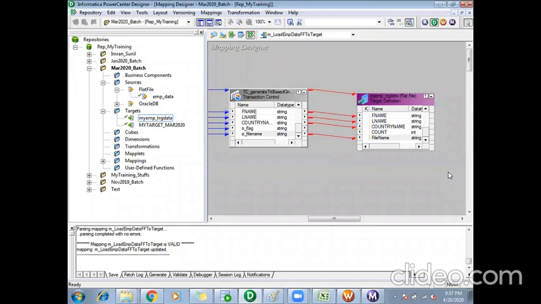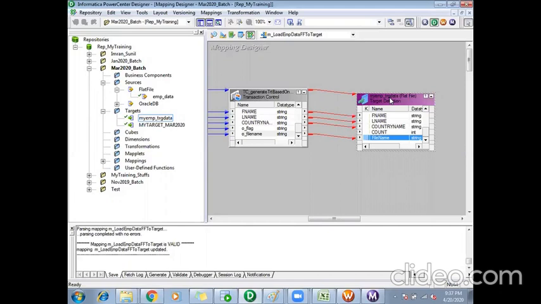So that same operation will be applied here if I use a transaction control on a target which is a table. If it is a flat file, it will create multiple flat files. So the same thing you can do on a table also. You can use a table, but it won't create as many tables as I want. It will do a commit once for all the department records. When department 10 records are processed, it will do a commit. Then department 20 records are processed, it will do a commit. Then next departments, it will do a commit.